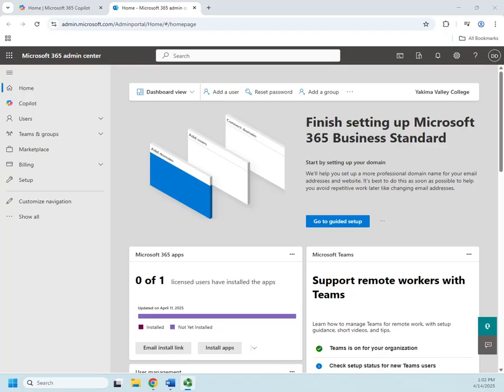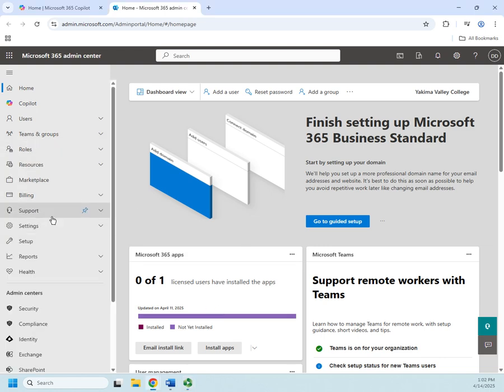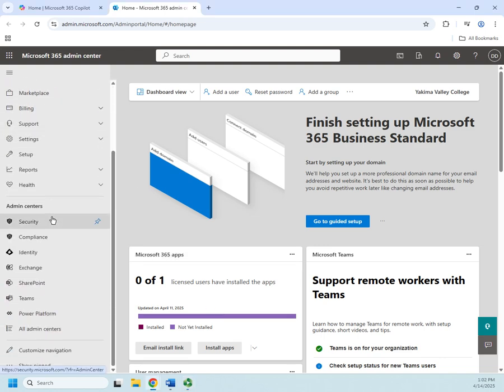So in our previous video, we showed how we can manage users in our Microsoft 365 admin portal. Now we can also manage users for our Microsoft 365 in Entra ID. So let me show you how to do that. We're going to come down here to our show all, and this is going to show us all of our admin centers. And the one we want is identity right here. This is my identity admin center. So I'm going to click on that